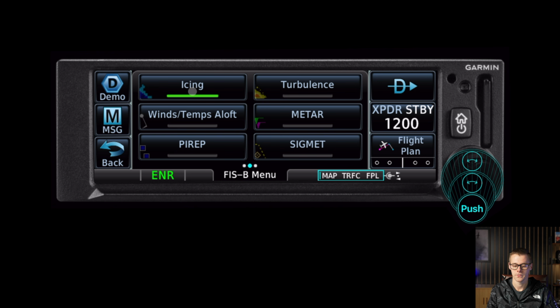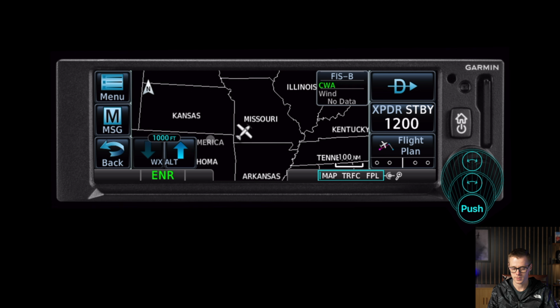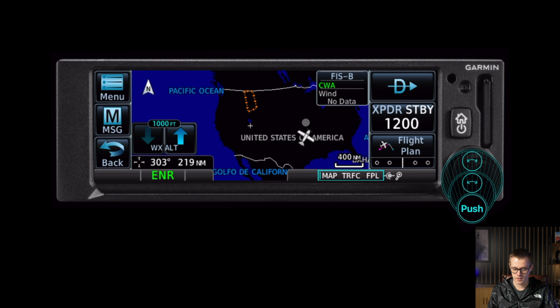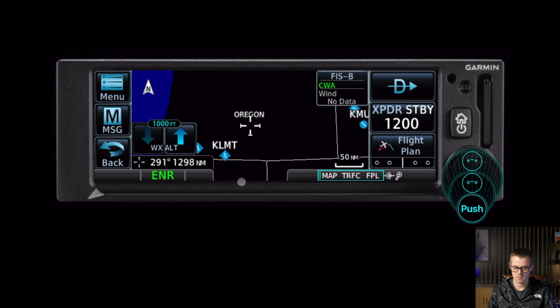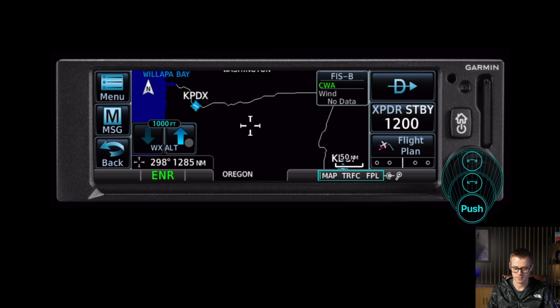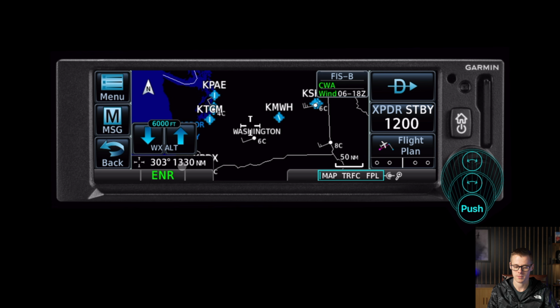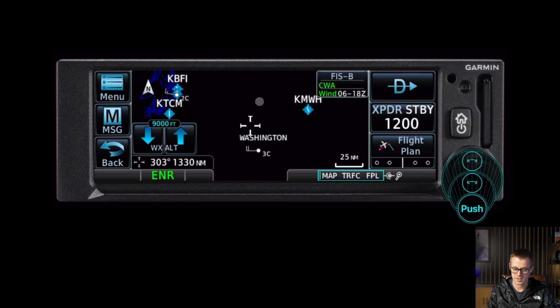So the next feature that I want to talk about are the winds and temperatures aloft barbs. So we can go back here. Once again, go back to the PNW. And you'll see that there's nothing, but that's because we're at 1,000 feet, and that's below ground level, so we need to increase our altitude until these winds aloft barbs start to populate. So now we'll see as we increase our 3,000-foot chunks, we can view these barbs,